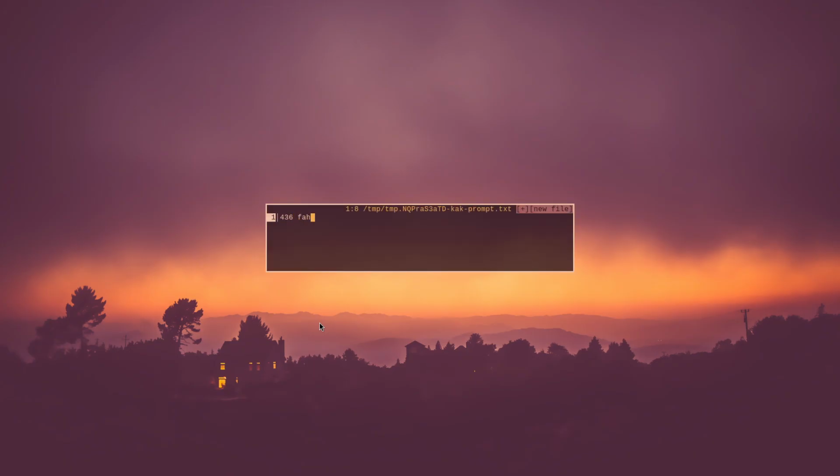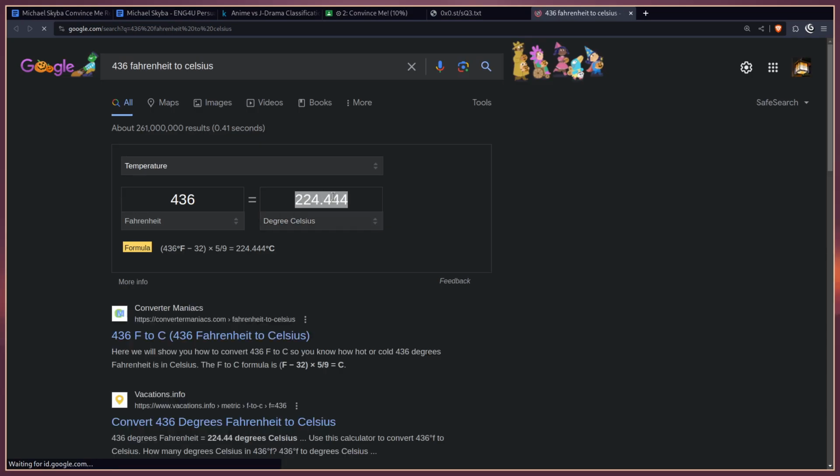See, for example, on this one, the input was 436 degrees Fahrenheit, and its output was 224 degrees Celsius, 0.7. So if we look into Google, 436 Fahrenheit to Celsius, we get